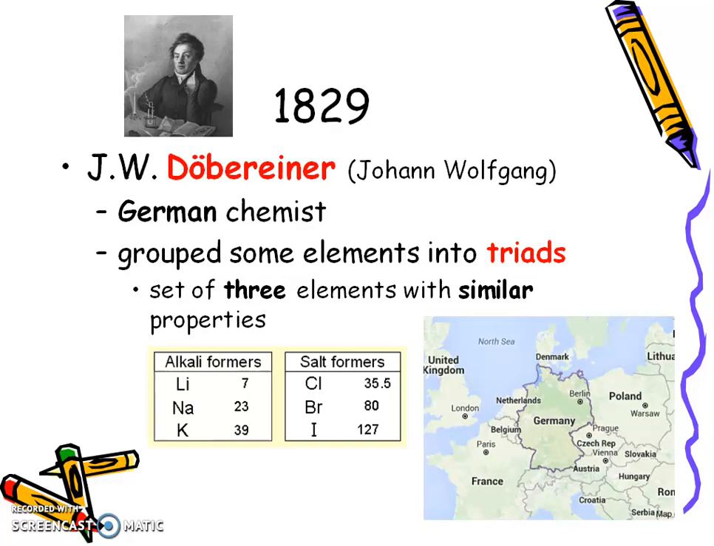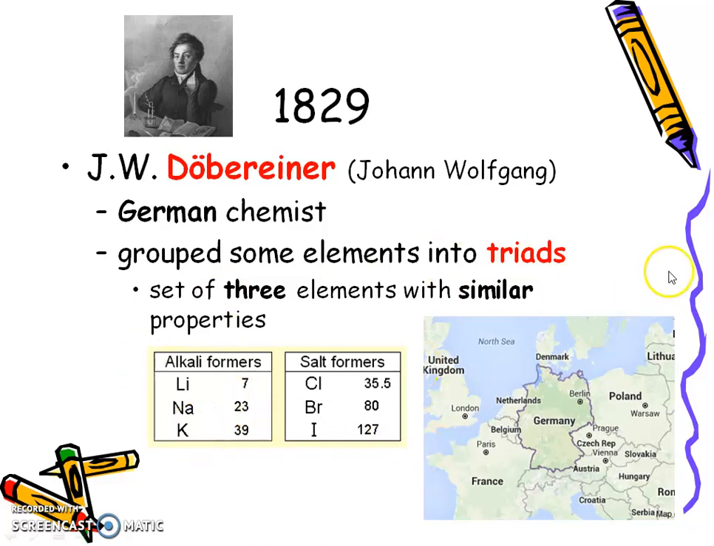So this guy, Döbereiner, he's the first guy that you need to know. You should know that he's from Germany. Döbereiner, with those 2 dots on top of the O, should give you that clue. But you also need to know that he discovered what we call triads. So we have all of these elements known, and now he's going to start grouping them together